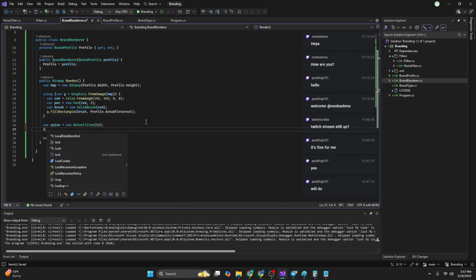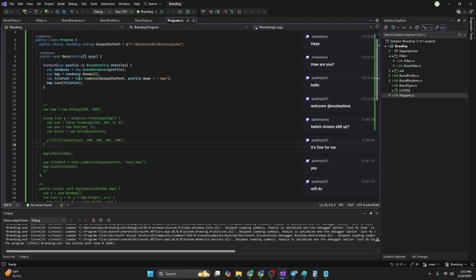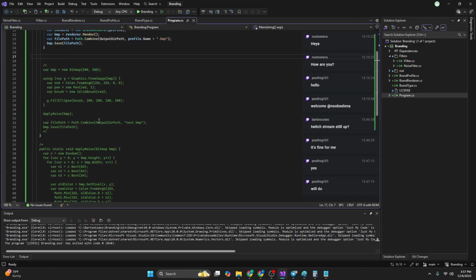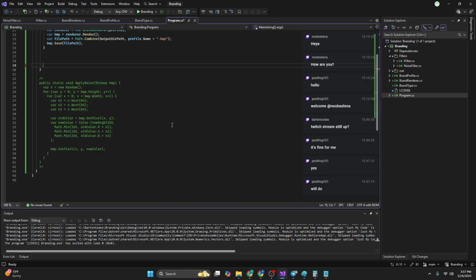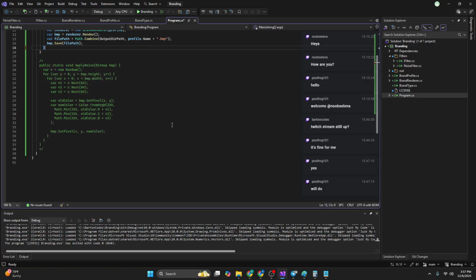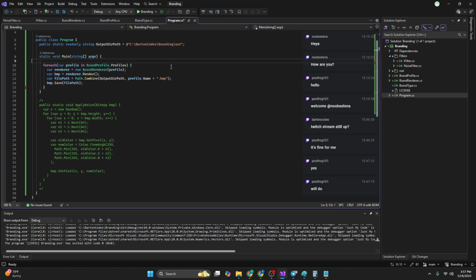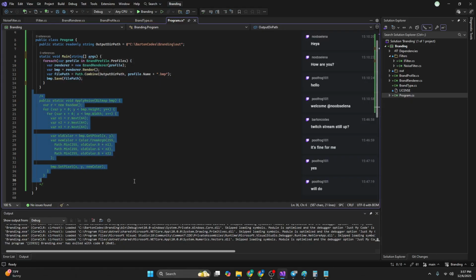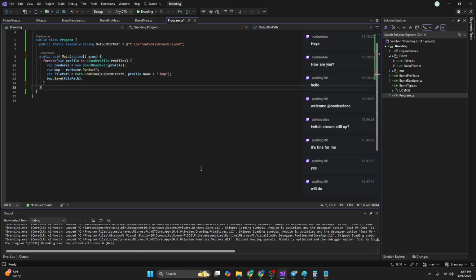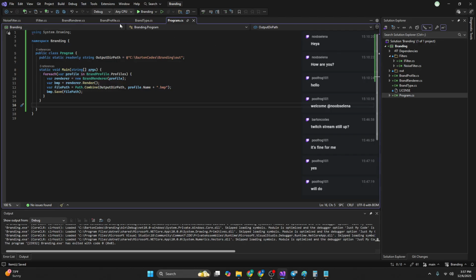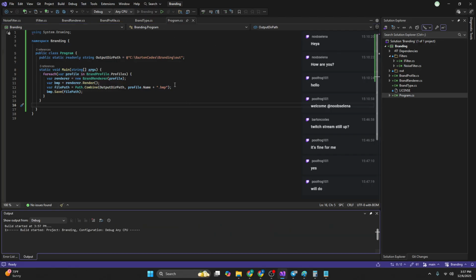Then the noise filter applies to the bitmap, and we return the bitmap, and it comes back out here. The bitmap gets saved. So now we can probably get rid of all this. Okay, easy. So now if we punch it,